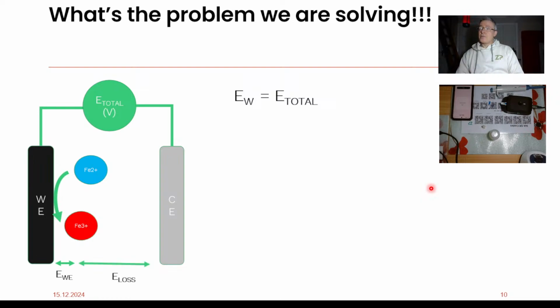Now, that total potential that I'm applying, I'd have a certain loss across that. This problem of uncontrolled loss was more of a problem in the past than it is now. When you think about what a potentiostat does, it was really a device that came before we had electrodes like this. In a minute, I'm going to say that E loss is an uncontrolled parameter. But nowadays we have electrodes like this, where many of the uncontrolled parameters are actually controlled, because a screen printed electrode is effectively an electrochemical cell. But the potentiostat is meant to control the problem of E loss having